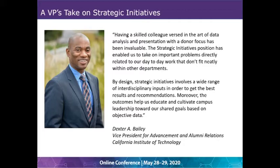And over the years, I've managed staff in a variety of advancement disciplines, including advancement services, annual giving, foundation relations, development assistance, stewardship, communications, and events. Now, when I was looking to leave Georgetown, Caltech really was an interesting opportunity for me. And they actually created this job specifically with my background in mind. It's a unique role that did not previously exist at the institution, nor did it exist at many other institutions